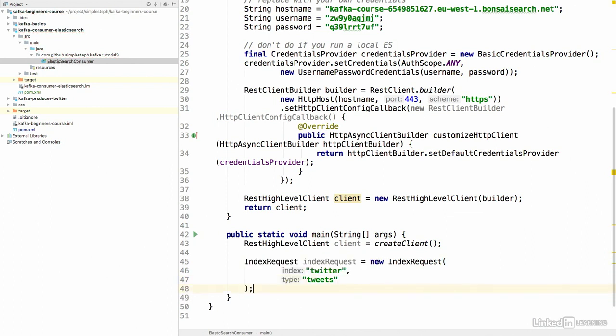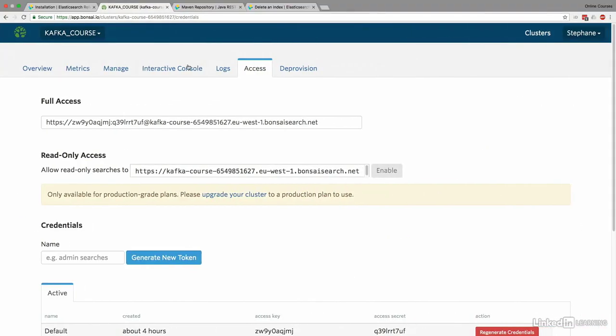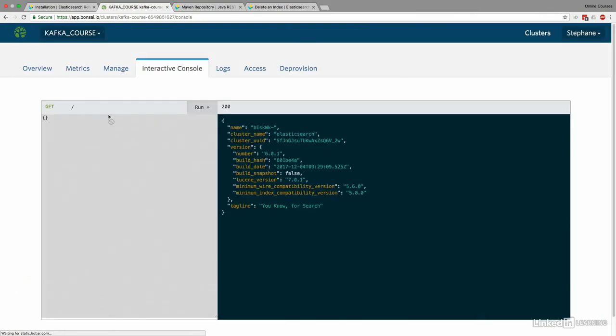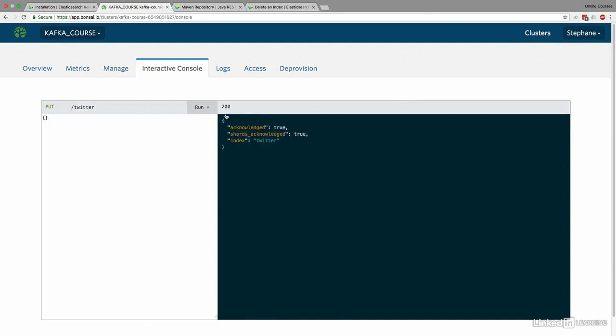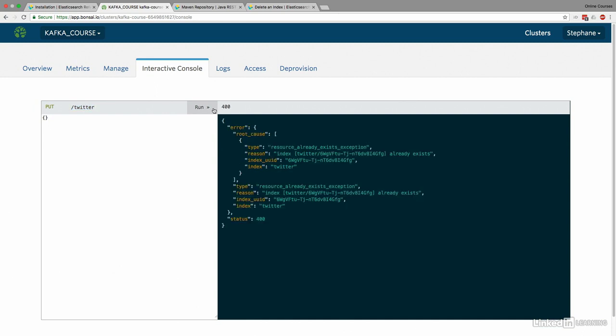So here is an index. Now this index request will fail unless the Twitter index exists. So to make sure that it exists, we go to our interactive console, and from there, we will do a PUT on /twitter. And this will create the index as we've seen before. So yes, now the index has been created. If you run it a second time, you will get a 400 saying the resource already exists,